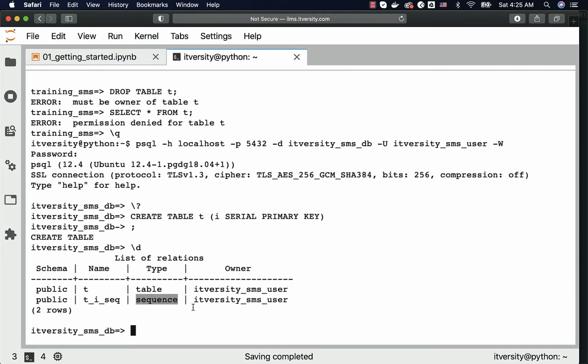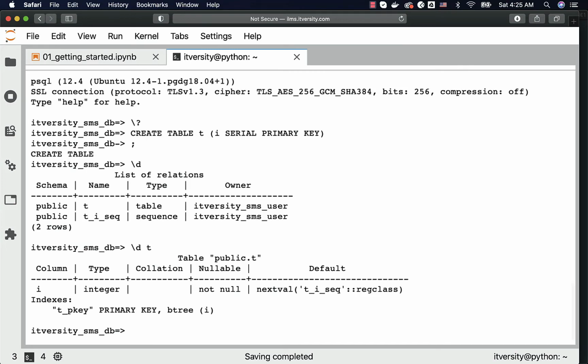Now if you want to get the properties of the table, when I say properties, the column names, the data types of the columns, the primary key details, indexes, etc., you can actually say \d and then the table name, which is nothing but t, and you can see the details with respect to the table. You can also get the details with respect to the sequence by passing the sequence. We did not create the sequence explicitly. When we create the table with one column as serial, it automatically created the sequence to support that serial column.